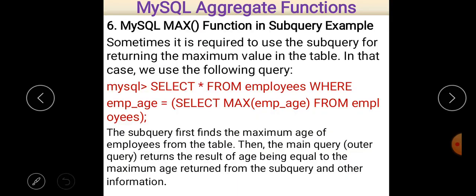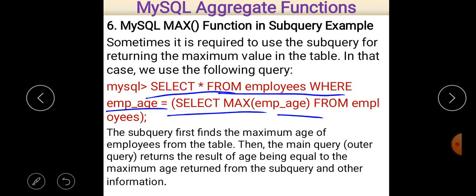Now the next MySQL function is the subqueries example. Sometimes it is required to use a subquery for returning the maximum value in a table. In that case we use the following query. You can see here, select star from employees where employee age is equal to select maximum employee age from employees. So that is the example of SQL functions